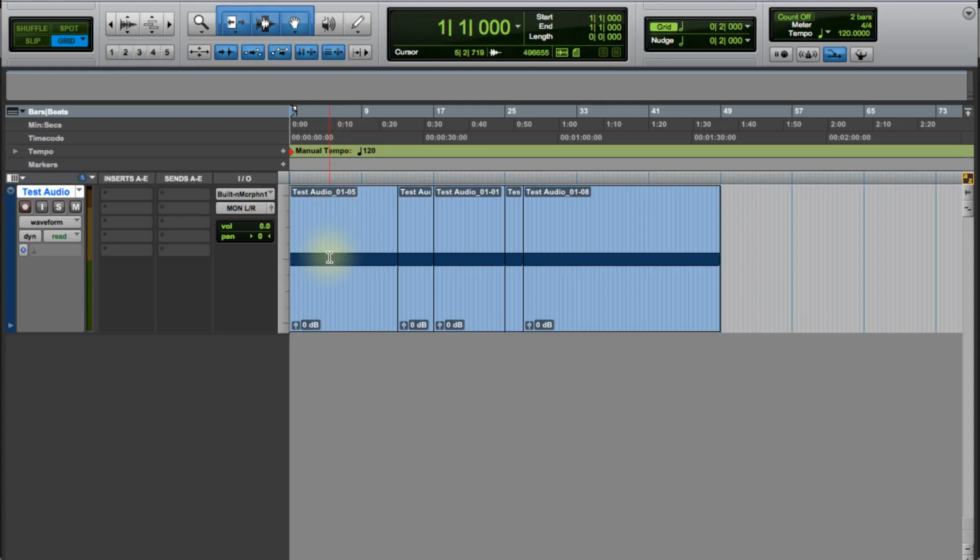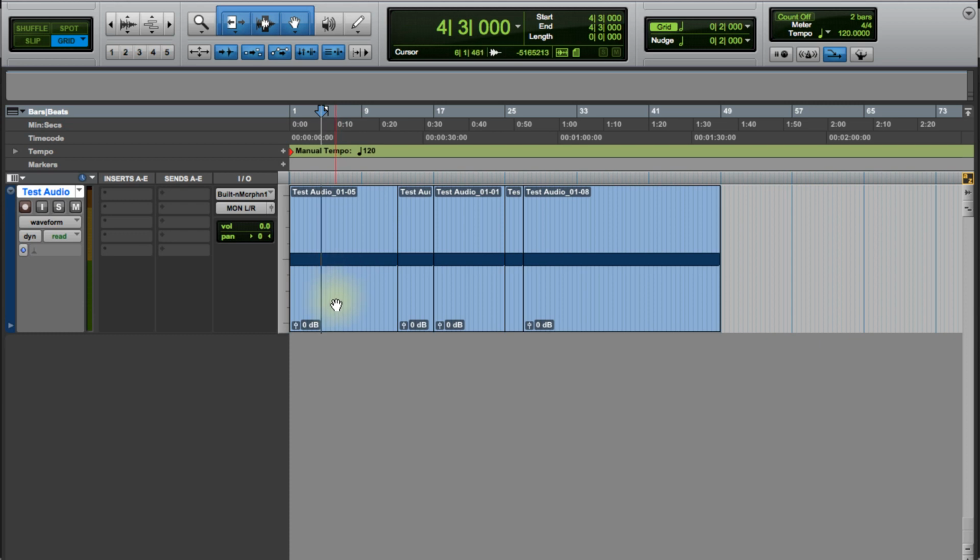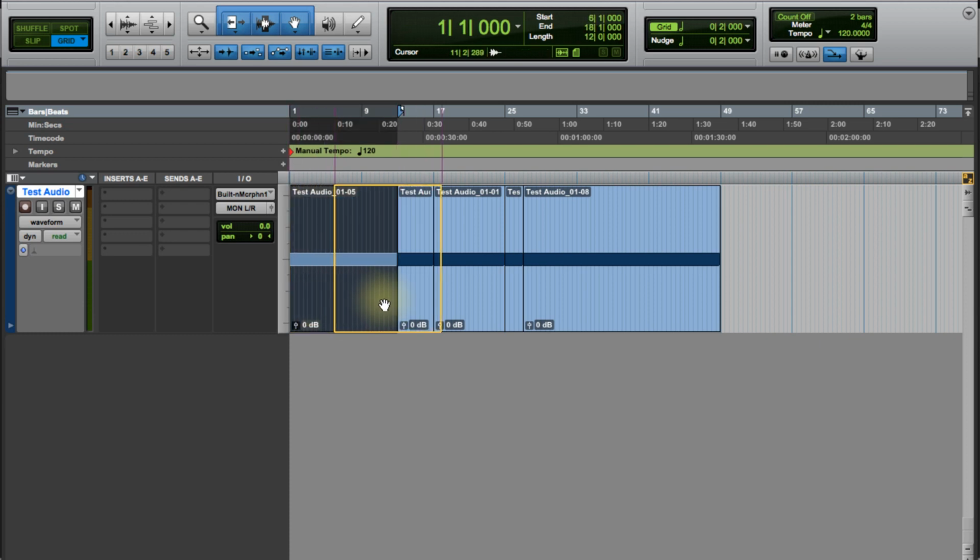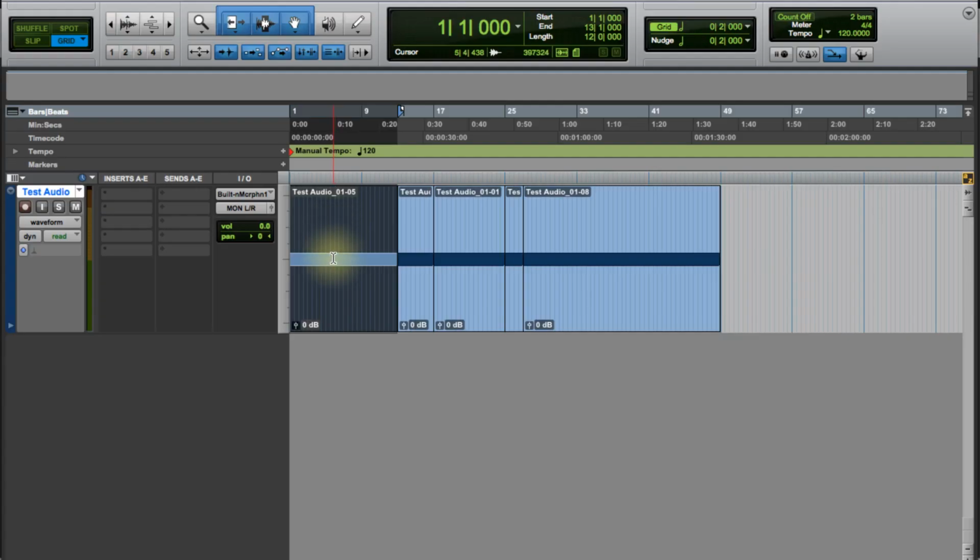When you have selected the Smart Tool and you are above the middle line of the clip, this tool turns into the selection tool, which lets you select the clip. When you are below the middle line of the clip, it will turn into the grabber tool. When you are above the middle line but towards left or right, it turns into the fade tool. I think it lets you fade in or fade out.